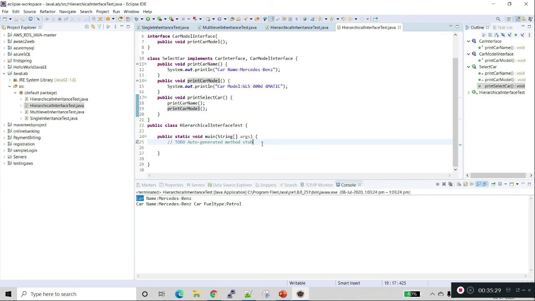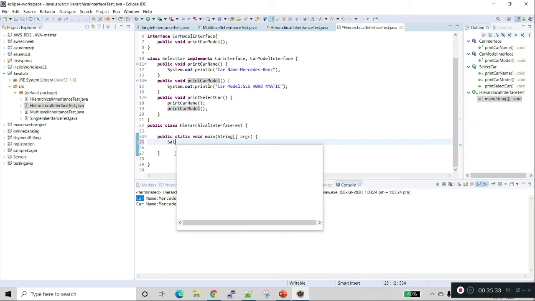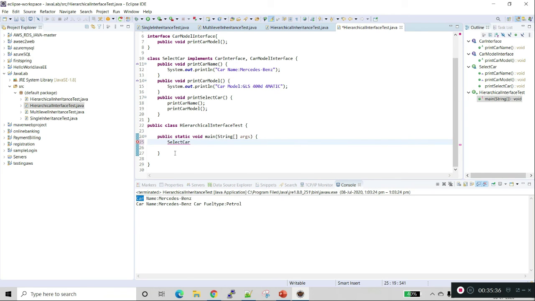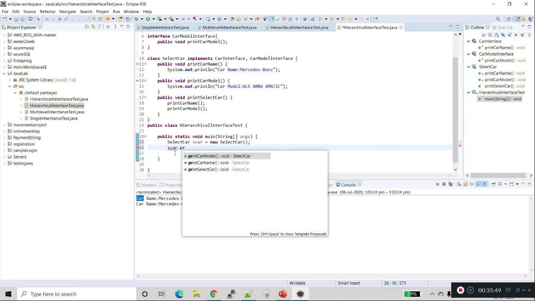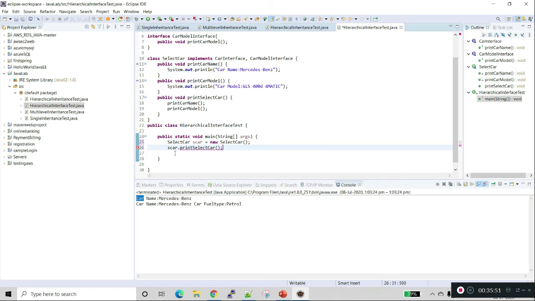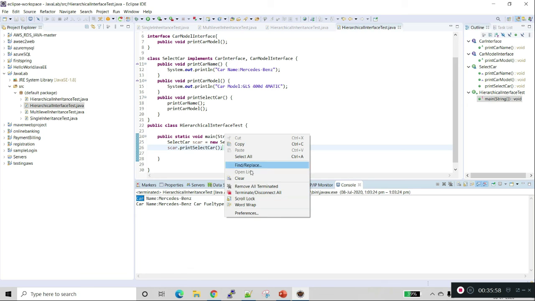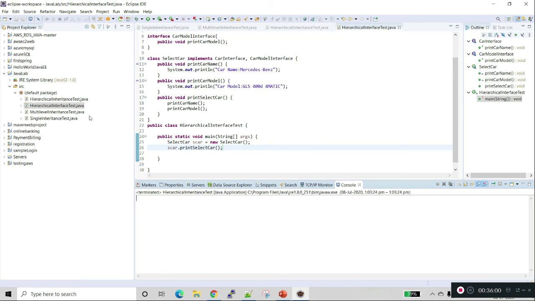Now we will create an object for the subclass, select car s car equal to new select car. I'm calling s car dot print select car. Now we'll clear the screen and run this class.